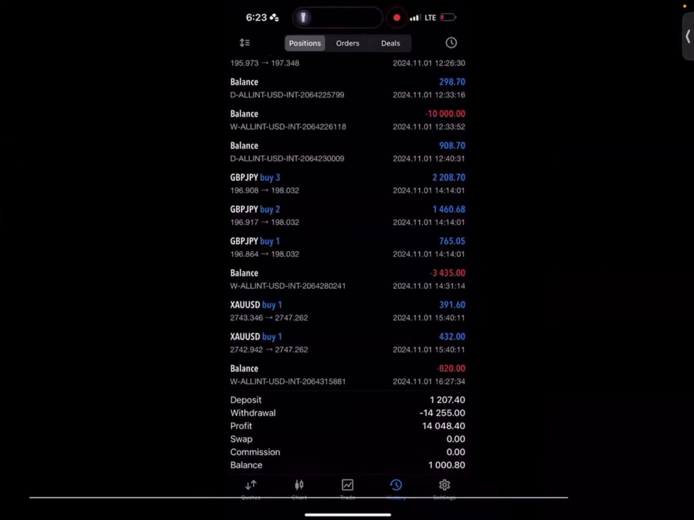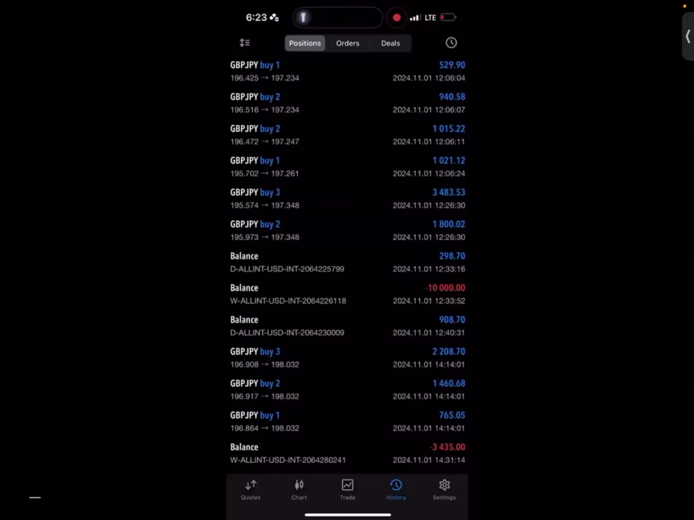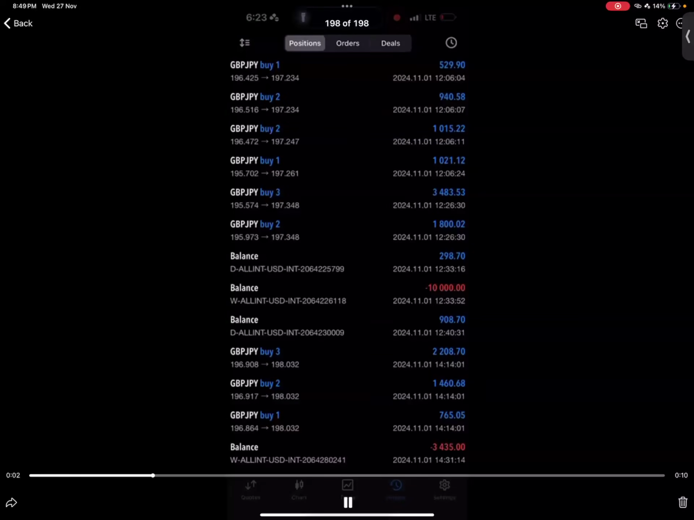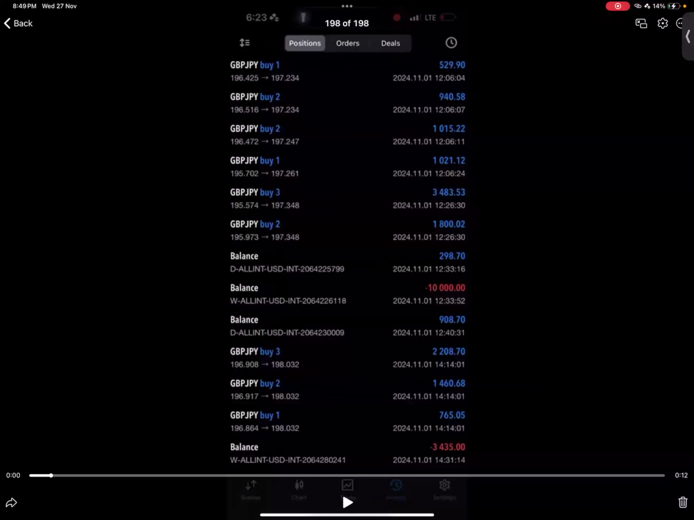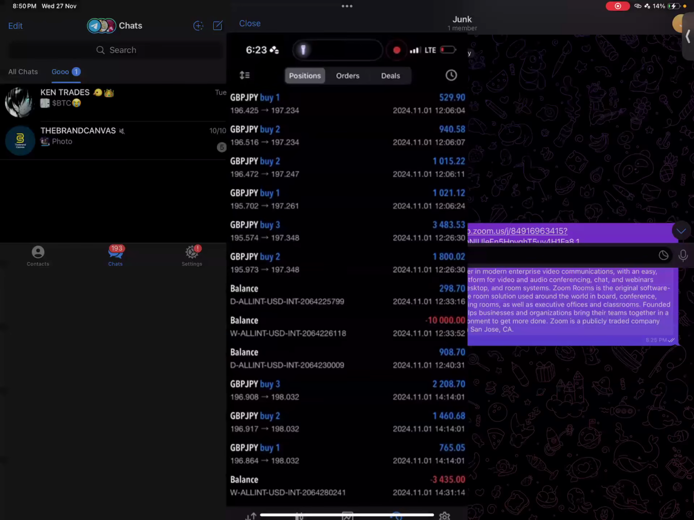Using just understanding one concept and then following it up, no loss on the account. And these were different trades. I didn't enter all these trades once. If you pay attention to the entries, you will see this was 196.425. The other one is 196.516. The other one is 196.472. This one is 195.702. This is 195.57. This one is 196.9. These are different entries using the same concept